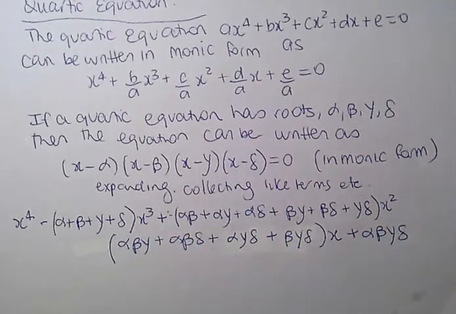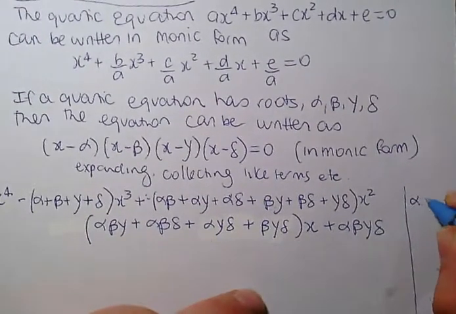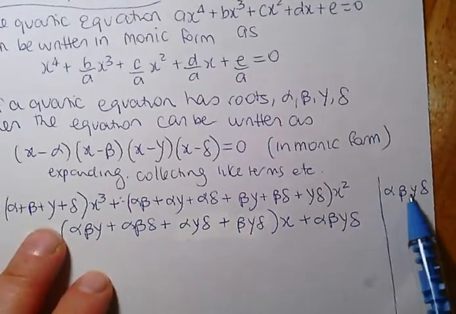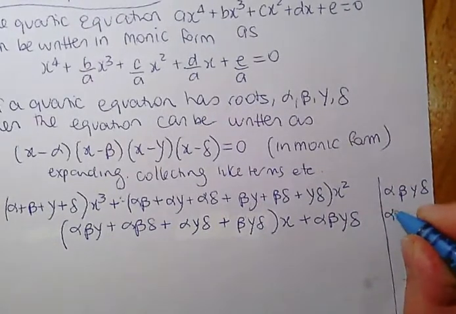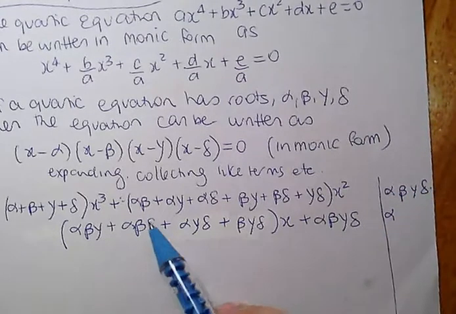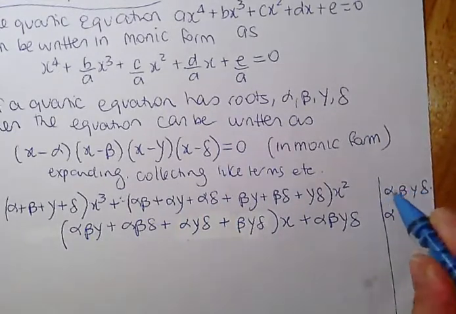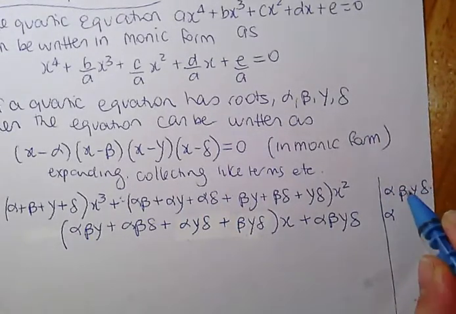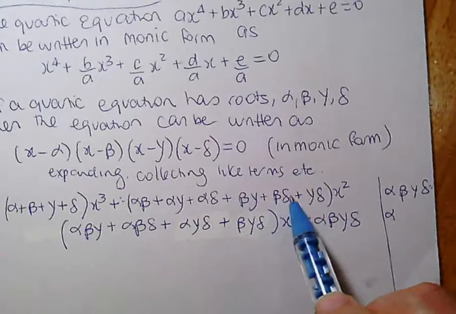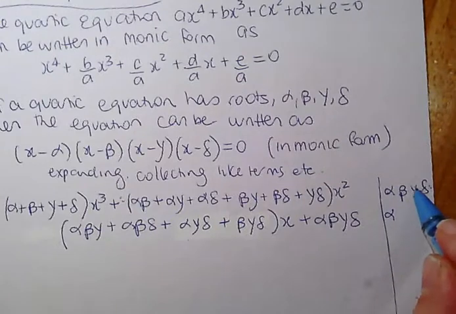Notice now, if my 4 roots are alpha, beta, gamma, delta, sum of roots one at a time would be alpha plus beta plus gamma plus delta. Sum of roots 2 at a time, I have to do all the combinations. So I do alpha with beta, alpha with gamma, alpha with delta, as you can see here. So I've done all the combinations with alpha, then we do the combinations with beta. Beta with gamma, beta with delta. And so I've done all the alpha combinations and all the beta combinations, and the last combination is